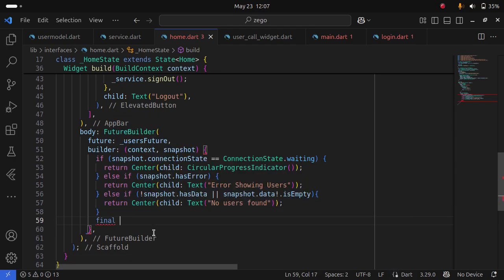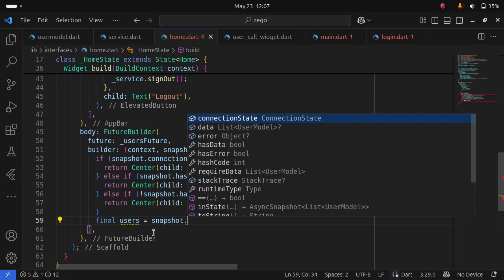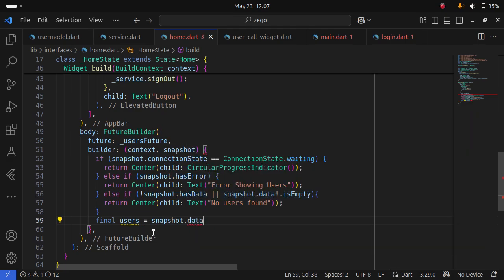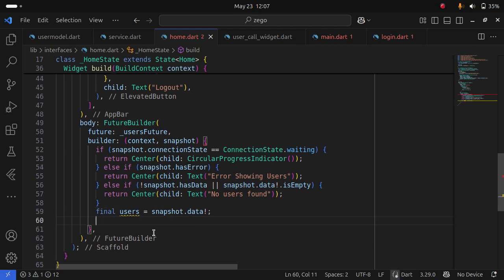We say final users, which is snapshot.data. If there is data, return